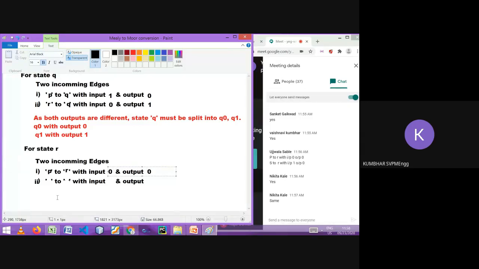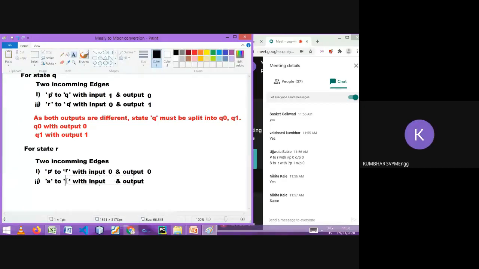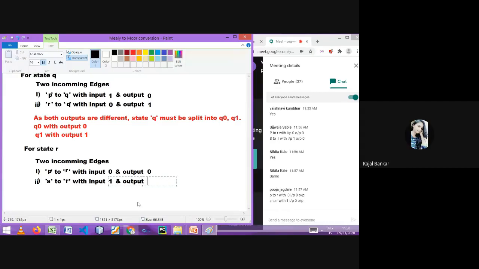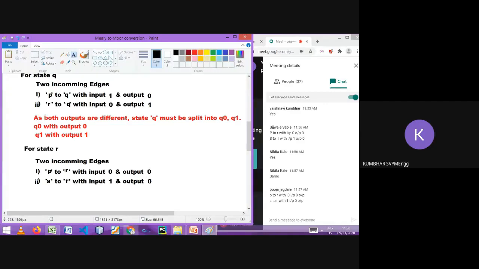Another incoming edge is coming from S to R. Correct? We are checking for R. And then input is 1 and output is 0. So what is the state? What is the situation? Both outputs are the same. So here you can write